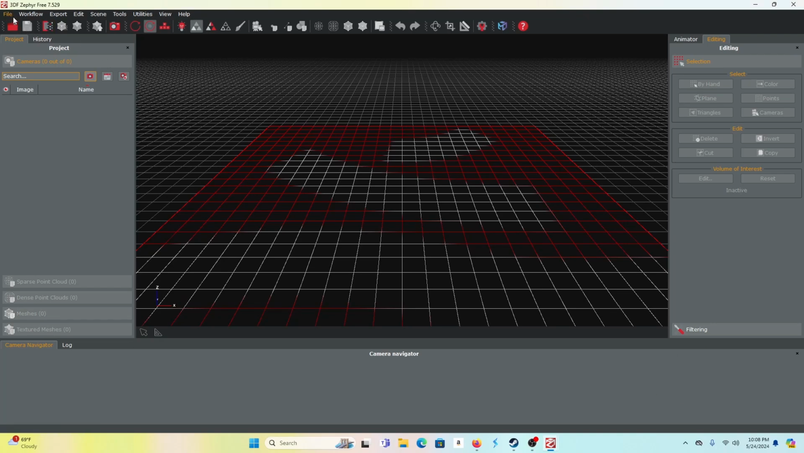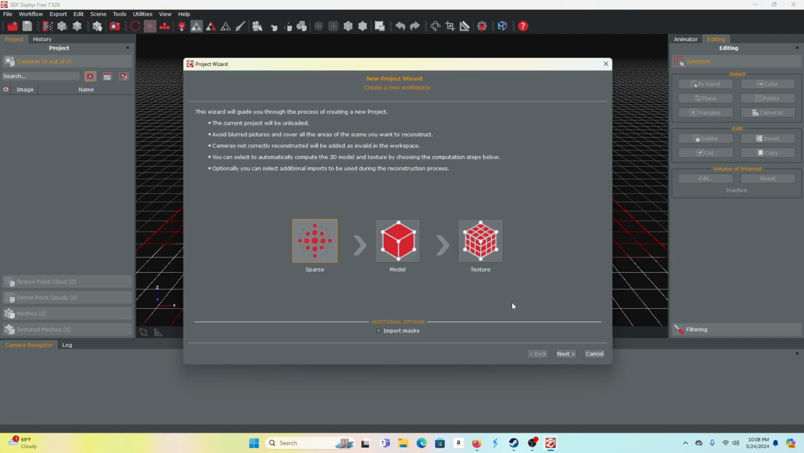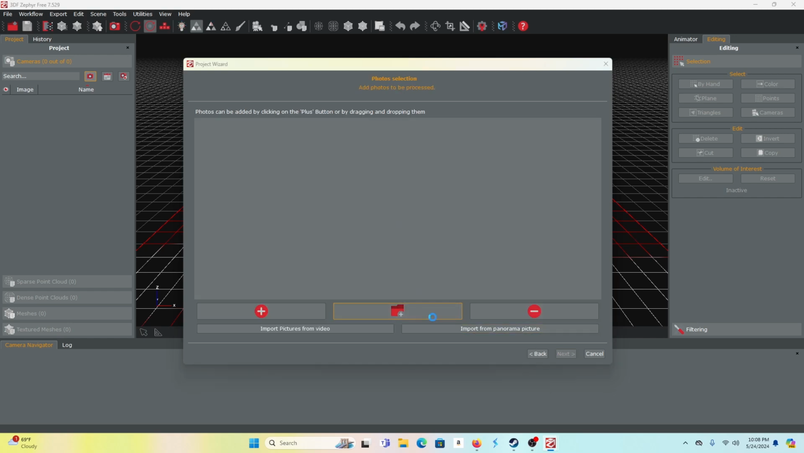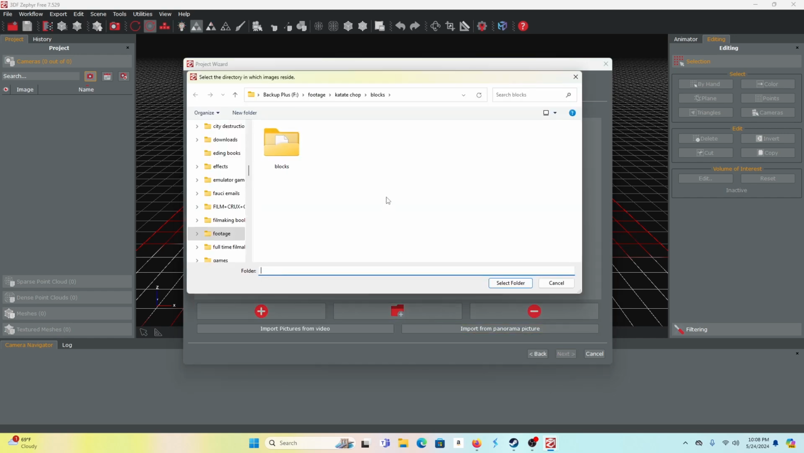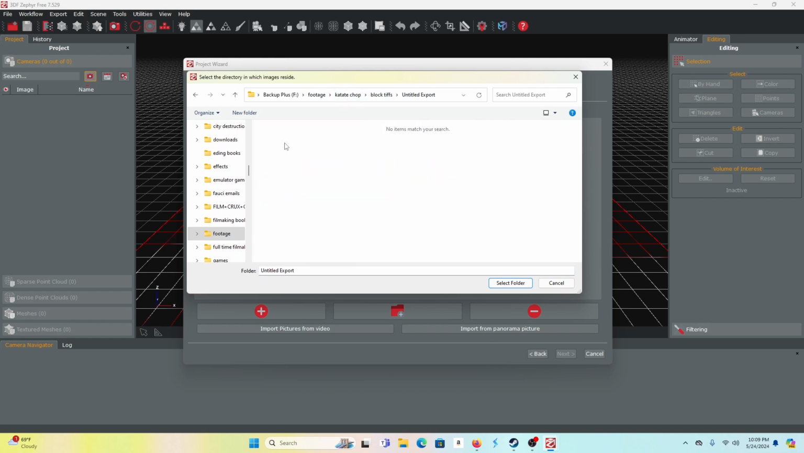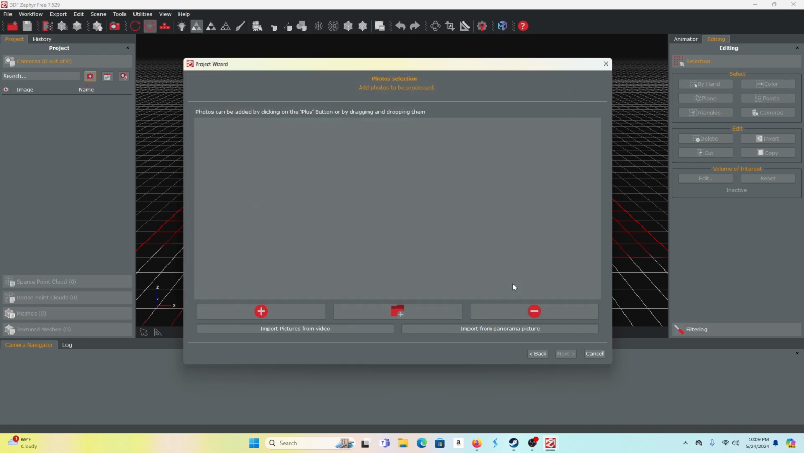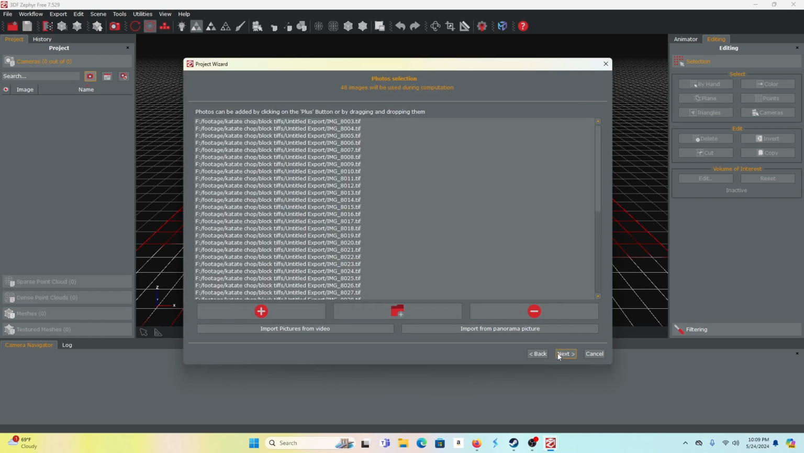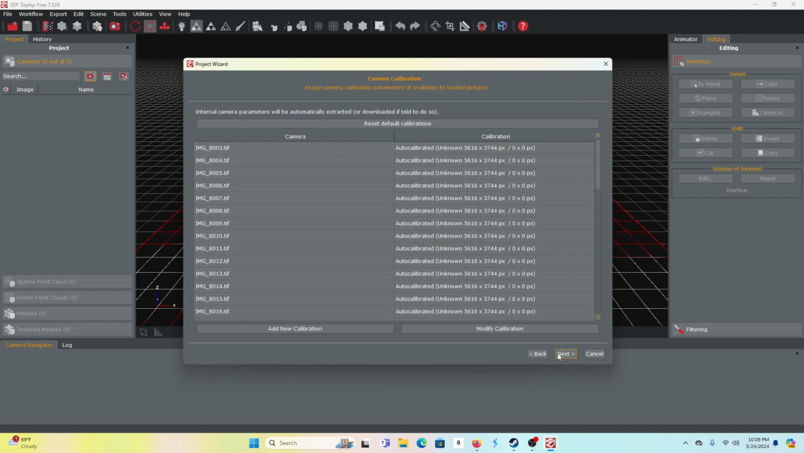Well, the first thing you want to do when you come in here is workflow, new project. And this is also a free version of 3DF Zephyr. You're allowed 50 photos, we have 48. So let's just go in here. Oh wait, sorry, I forgot. Go to my TIFFs because I don't really want the huge raw files. And what we'll do is we'll hit next,